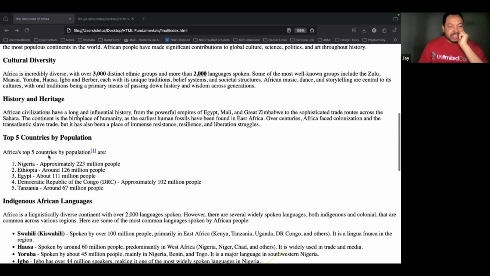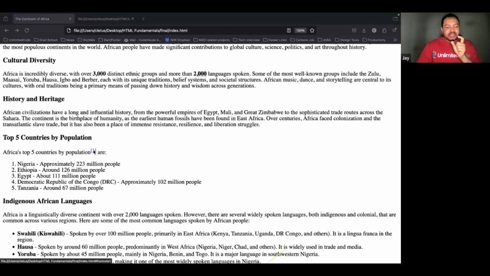Then there's another feature again. Look at this population here. There's a link to a footnote. When you are on different sites like Wikipedia, for example, or a website that talks about research and all that, and you want to reference a link, this is the concept here. So if I click on this link, which is a reference or a footnote giving me further information about this population data,